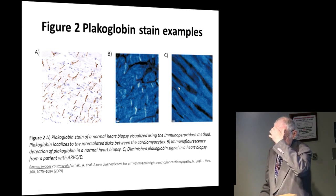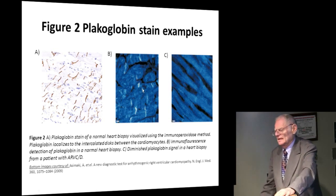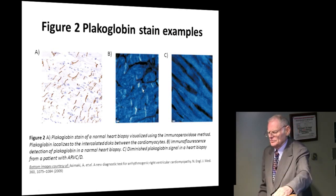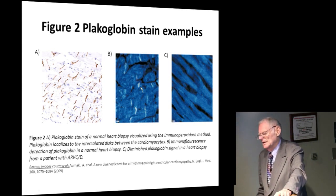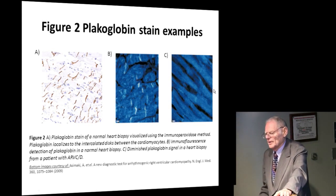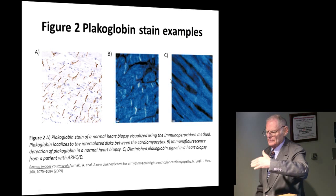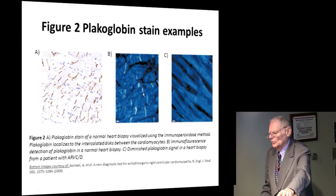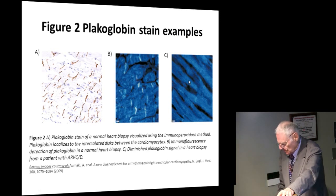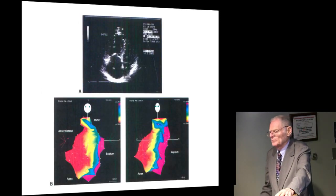And he had very high sensitivity and specificity. Now, this is the immunofluorescent technique, which is really a research procedure. We use the immunoperoxidase technique in our lab and found a lot of problems with this technique. It turns out that you have to use tremendous dilutions, and it becomes very difficult to be sure. So we couldn't replicate this work, although this is an area of great interest, and a lot of pathologists are